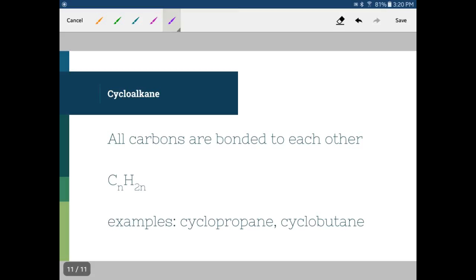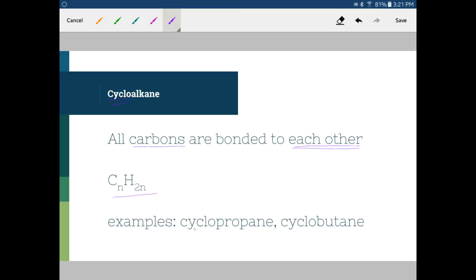Okay, sort of towards our end, we have cycloalkanes. Essentially in cycloalkanes, we have all carbons that are bonded to each other. So it's essentially taking a chain and wrapping it around so that we have the carbons at each terminal bonded to each other. So cyclo means that it's in a circle per se, or they've all been joined together. Now notice we have a slightly different chemical formula. We have CnH2n, okay? So we've taken off that +2,